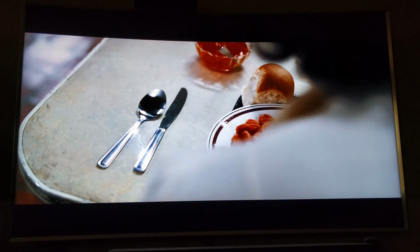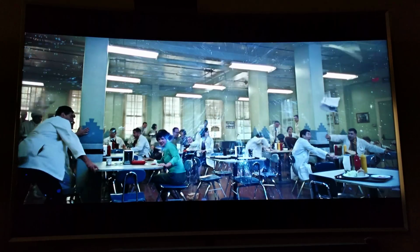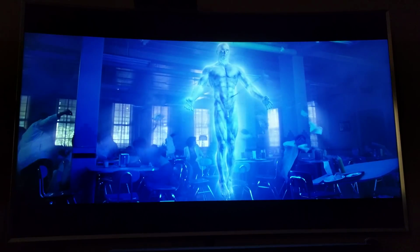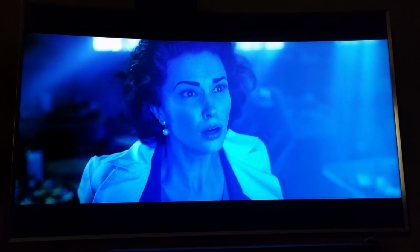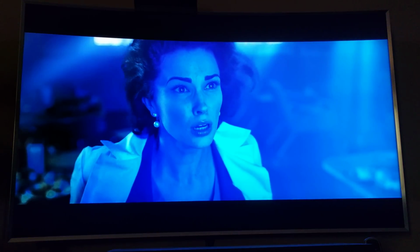So, Watchmen, I think it's a classic. To me, this is like the Shawshank Redemption of superhero movies. I would give it as a story, as a film, a 5. Picture quality, this is one of the best I've seen, so I would give it 4.5. And as audio,